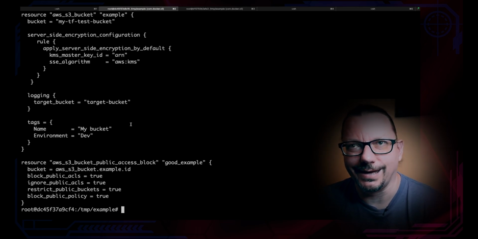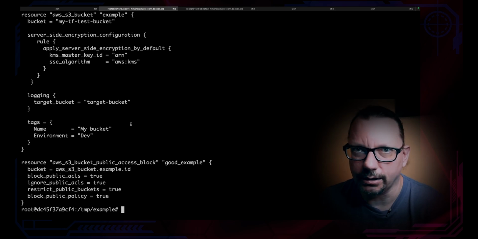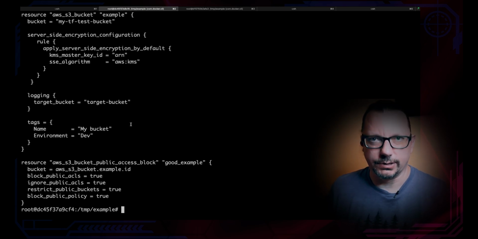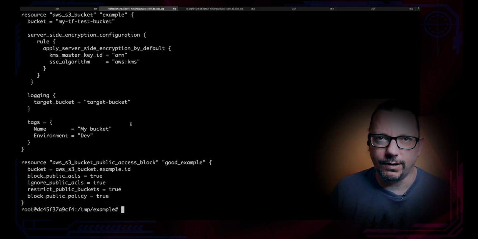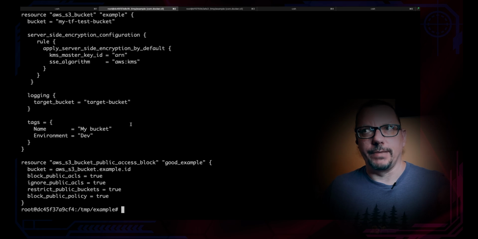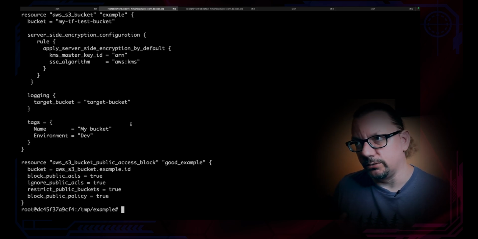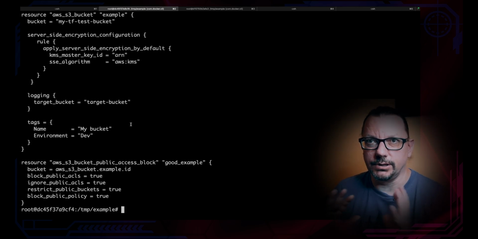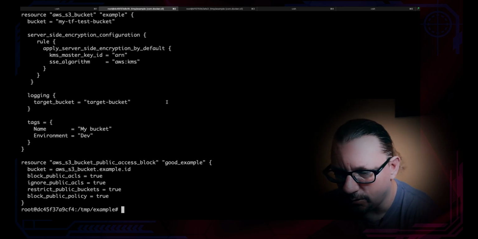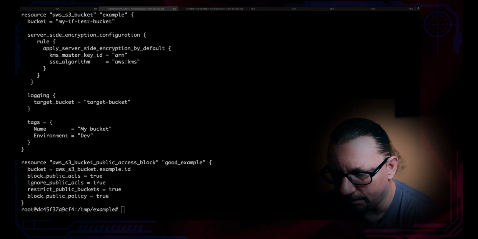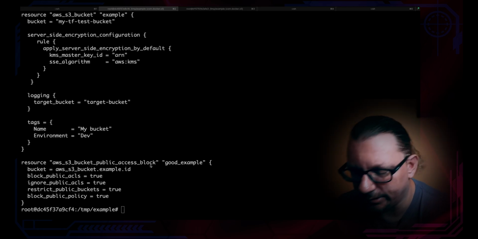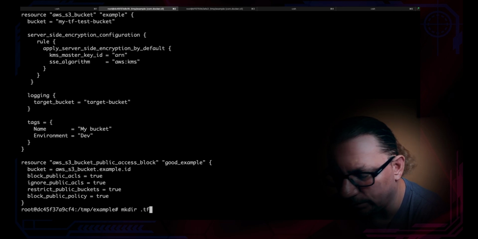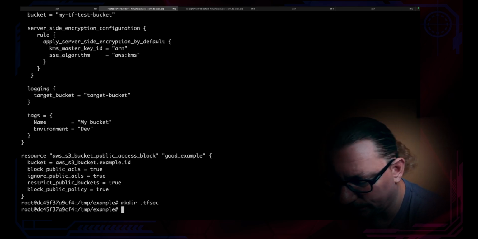So what we will create now is the custom check. We will create it as a file, a default file taken by tfsec and executed in a normal run. So we will not be forced to use any additional parameters on the command or anything like that. It will be just like this. What we need to do is create a file, but before we create the file, we need to create a directory. I will create this directory. It will be .tfsec, and in this directory, I need to create the file called